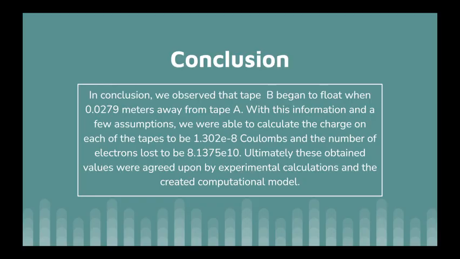Conclusion. So in conclusion, we observed that tape B began to float 1.028 meters away from tape A. With this information and a few assumptions, we were able to calculate the charge on each piece of tape to be 1.3 times 10 to the negative 8 coulombs, and the number of electrons lost to be 8.1 times 10 to the 10. Ultimately, these obtained values were agreed upon by experimental calculations in the created